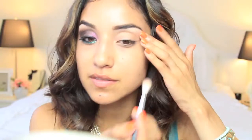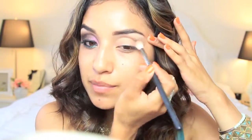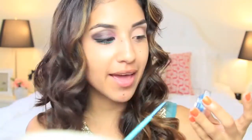And this is going to give our eye some depth, and it's also going to help the colors blend into each other, especially because we're having a lot of dark and plum shades here. So these two are always my basic colors. You need a highlight and you need something to give your eye some depth. So now we're moving on to the bottom shadow, and this one is called Endless Sea, and it's also by